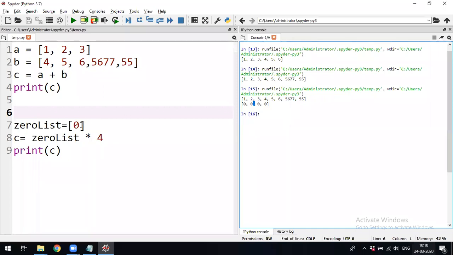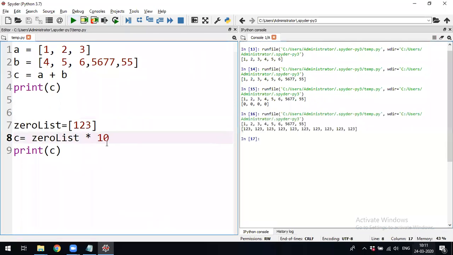If you want to duplicate an element 100 times, you can use this operator directly. It's one single number, 1, 2, 3, this number. If you want an element 10 times inside an array, inside a list, just multiply that list by 10. That entire list contains the same element 10 times.